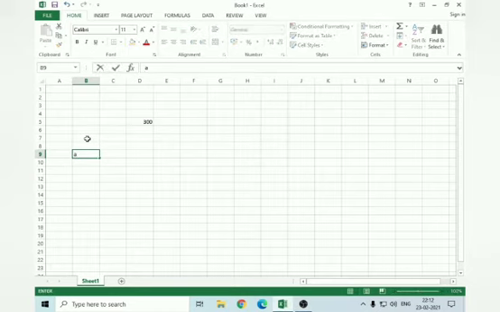First one, text formula. For that, select A1 and type Abraham and select A2 and type Lincoln. And in cell A4 we will type the formula.